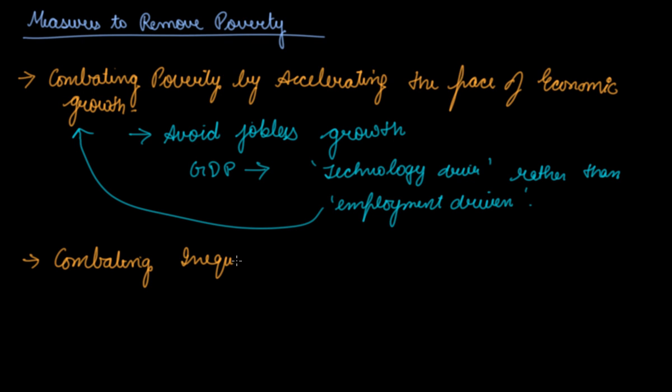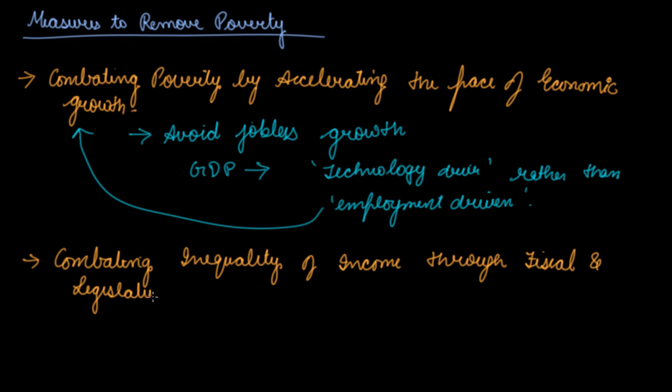Combating inequality of income through fiscal and legislative measures. See, the government is taking measures in order to combat the poverty. The fiscal measures mean they should have the policy of progressive